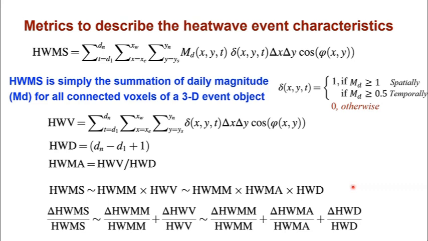And then you can calculate only the volume, but not taking the intensity in. So just look at the spatial and time structure. And then you can calculate the duration by counting from the first day to the end day. And if you divide the volume by the duration, then you get the mean spatial area for that particular event. Then you can do the decomposition. And when you have a change, you can look at whether this fractional change makes a good explanation or not. Okay.